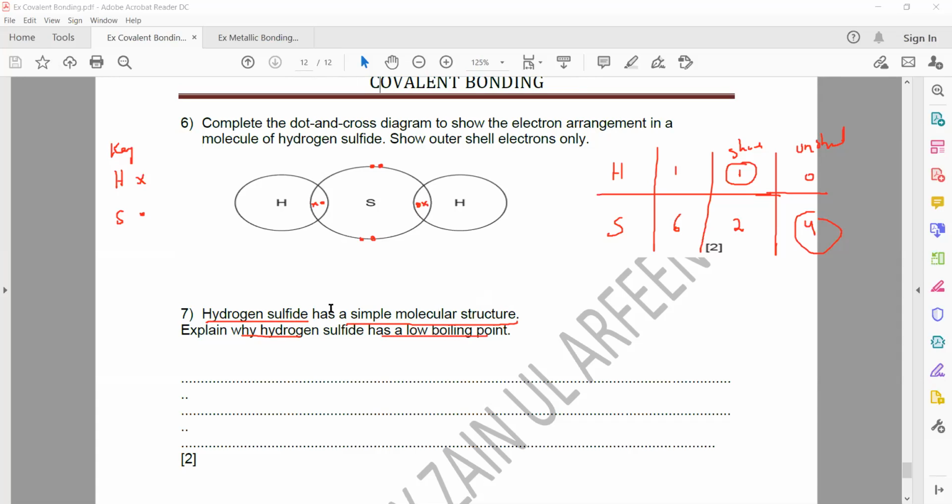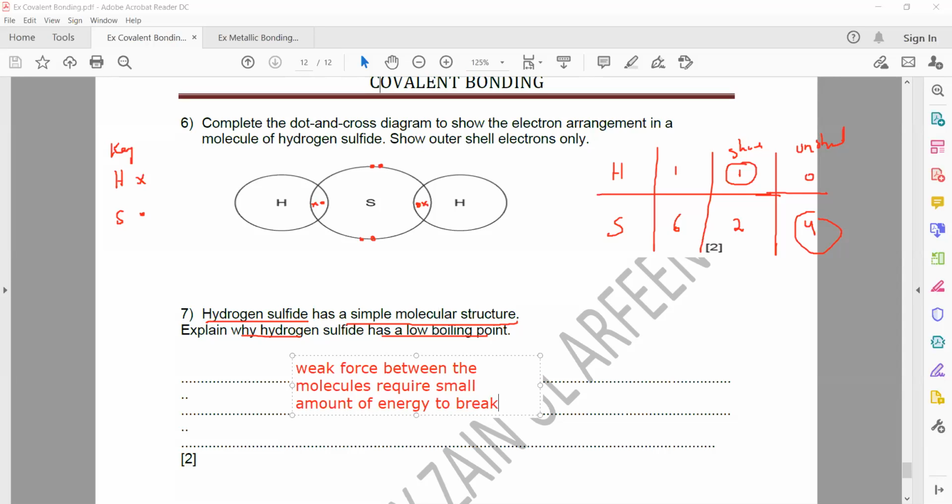You will mention that there is a weak force between the molecules, which requires a small amount of energy to break the force,